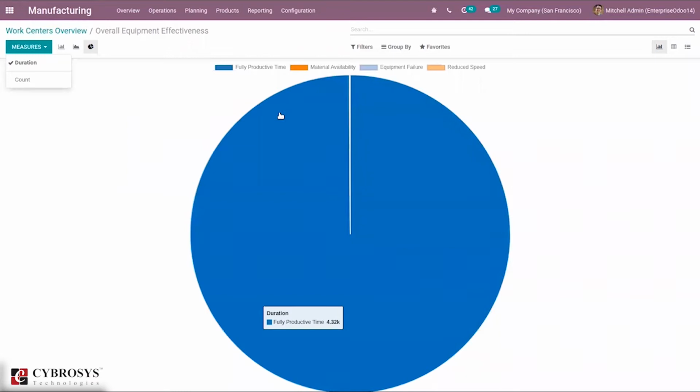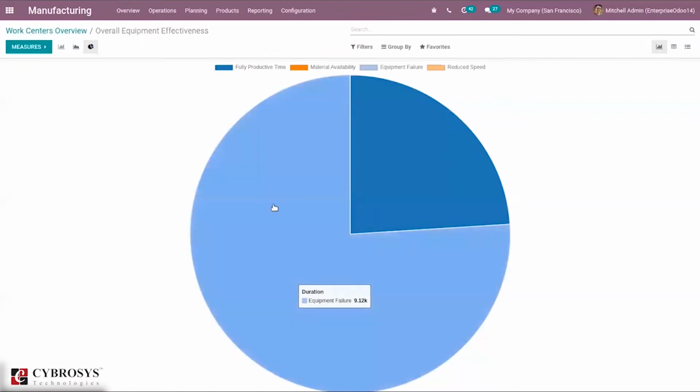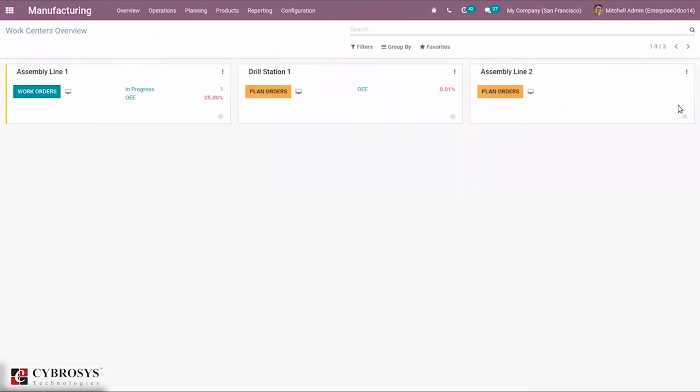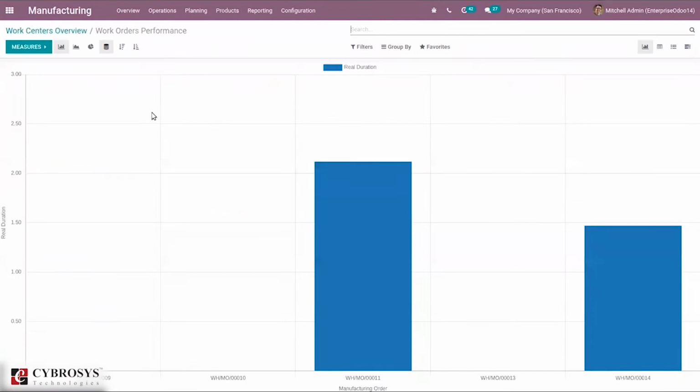Now for our work center, you can see the fully productive time. If you check this workstation, you can see there is equipment failure. Then you can see the performance of your workstation or work center.